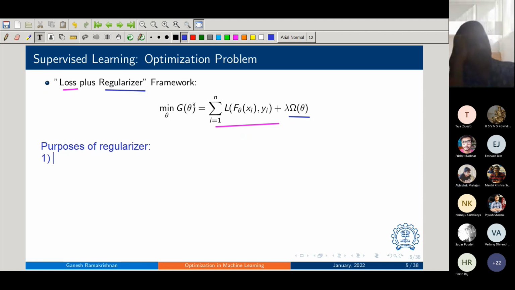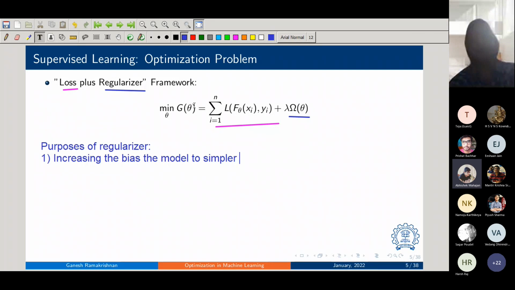You used a bunch of terminology here. You said you're trying to reduce the variance, possibly by increasing the bias. May I say that? Yes, sir. Increasing the bias of the model. You're trying to bias the model to what? To simpler thetas. Yes, sir. The extreme case, the thetas might just become zeros, right? So we'll take examples where the notion of simplicity would be measured in terms of, say, the magnitude, in terms of the norm. So increasing the bias of the model